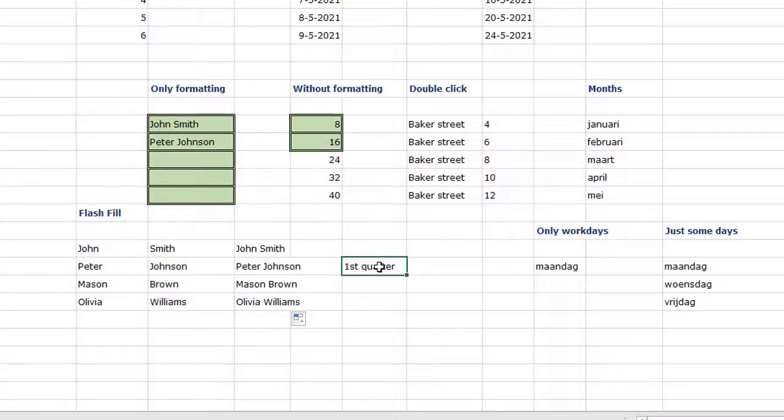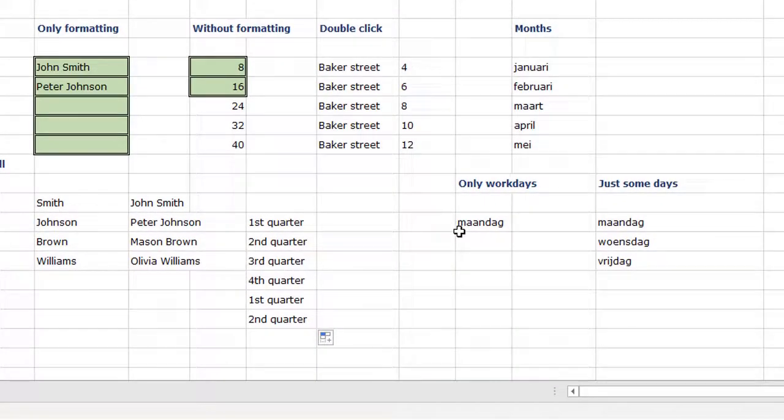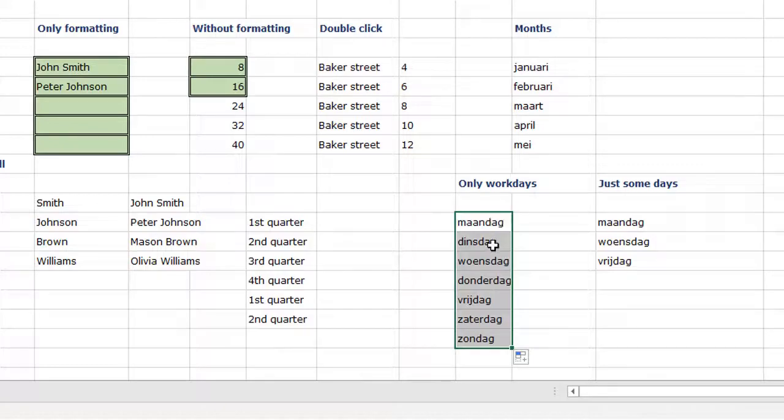This is also a feature, for example, it says first quarter. When I only fill this cell down, you see Excel makes it first, second, third and fourth quarter, and goes on with the first quarter again. Well, with, for example, the days of the week, you have also some other options. For example, well, also in Dutch again, the Monday. And when I fill this down a few cells, I get all the other days underneath it,